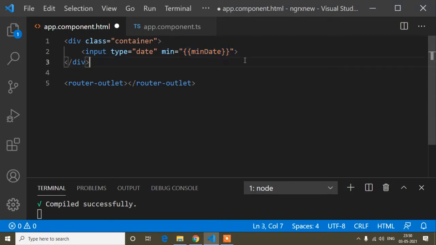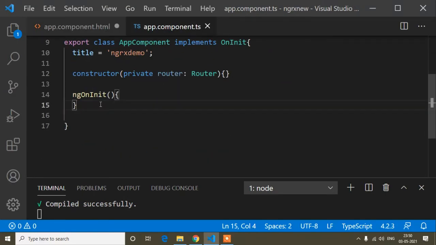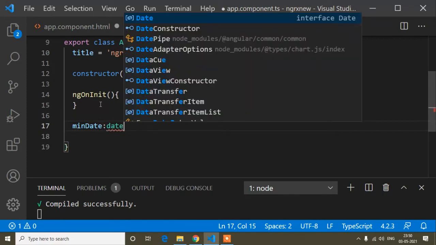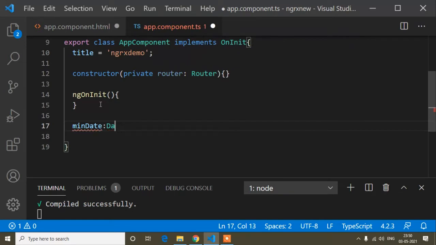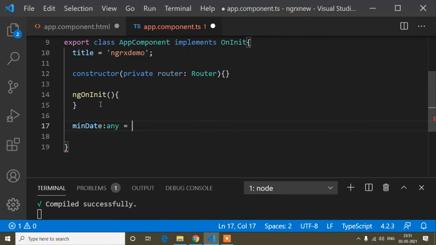Property binding means it's a variable, and I call this variable in the ts file. The type can be date, or the type can be any, which means we can define anything like number or string. So I will write the type is any.